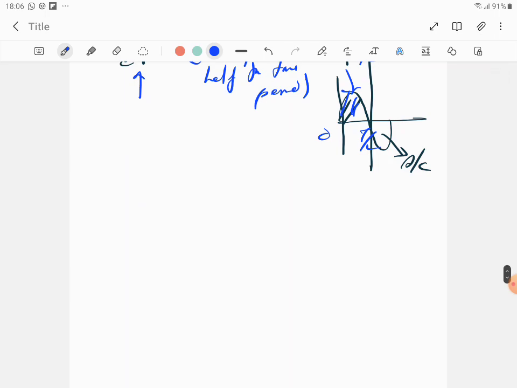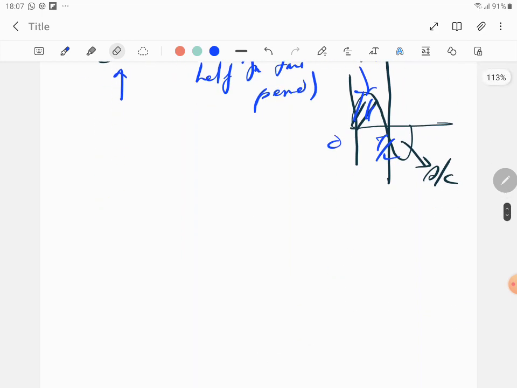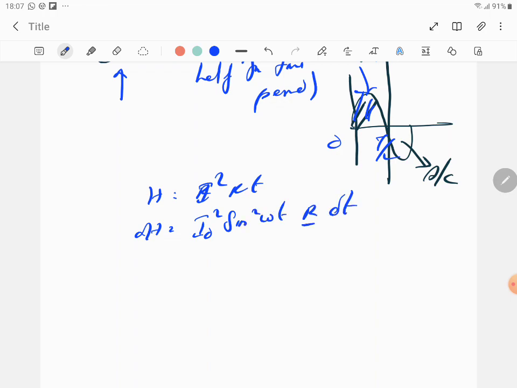Please write it. And to get the I RMS value, you have to work based on heat produced. So what is the heat produced formula? Instead of H is equal to I square R T, you write dH is equal to I square, which is nothing but I naught sin omega t, so I naught square sin square omega t into R into dt. R is anyway a constant in a resistor, so you can take I naught square and R outside. It's I naught square R, and you have the integration of sin square omega t dt for a time period 0 to capital T.